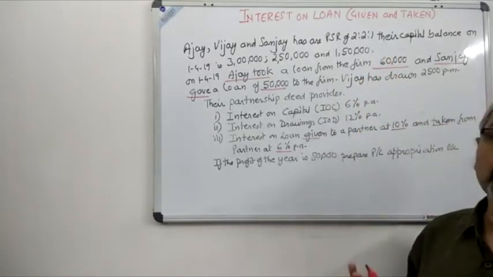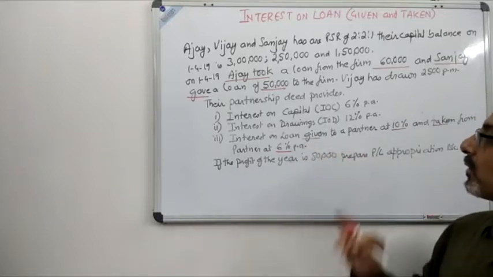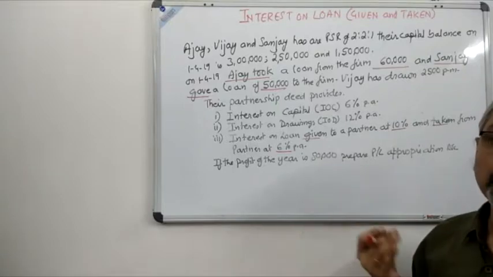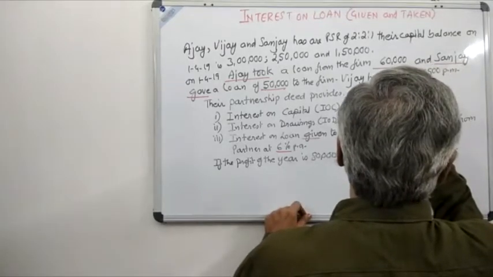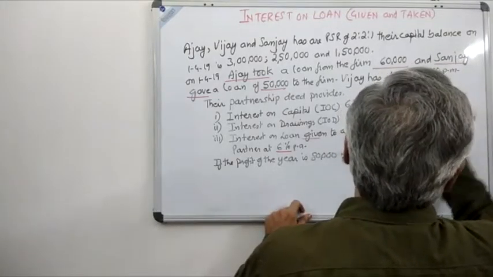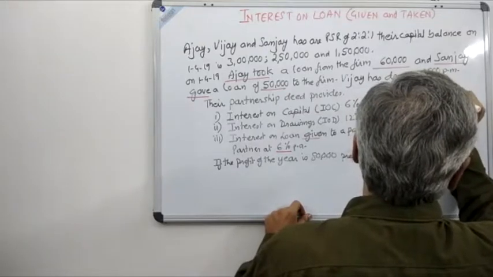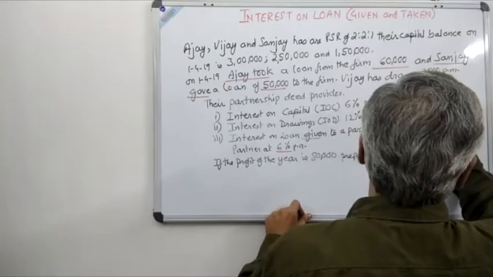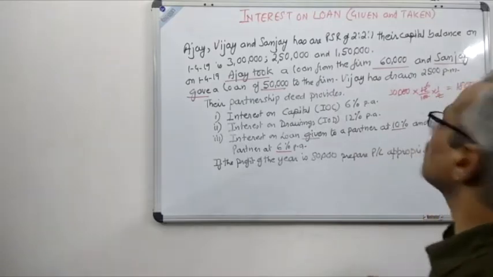So these are the three interest on capital which we'll be having. Okay, next one we have an interest on drawing, 12% and 30,000 over there. So if you are having to calculate that for half year, you'll end up getting the calculation. If you see very carefully, 30,000 is the drawings, 12 by 100 is the percentage, and it is for half year. Okay, so we are cancelling the zeros, we are cancelling this, we end up getting 1800 as the interest on